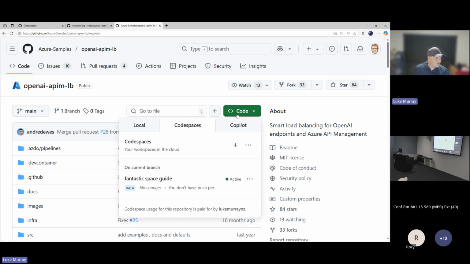If I go to code, I can see my Codespace fantastic space guide has been created because I created that earlier, because it does take a couple of minutes to start, and I'll show you why that is. So if we click on fantastic space guide, which is our Codespace,